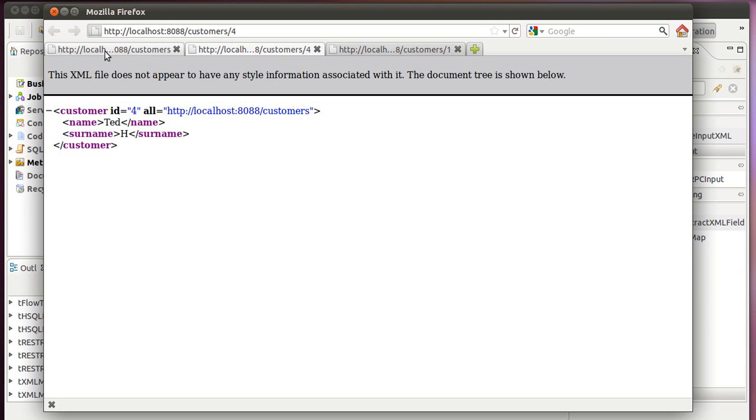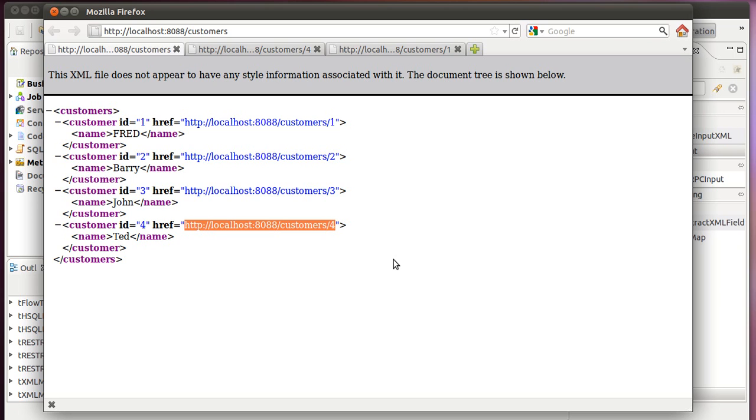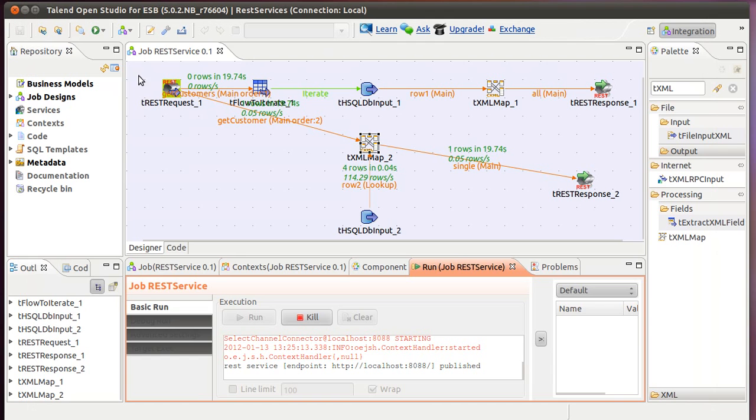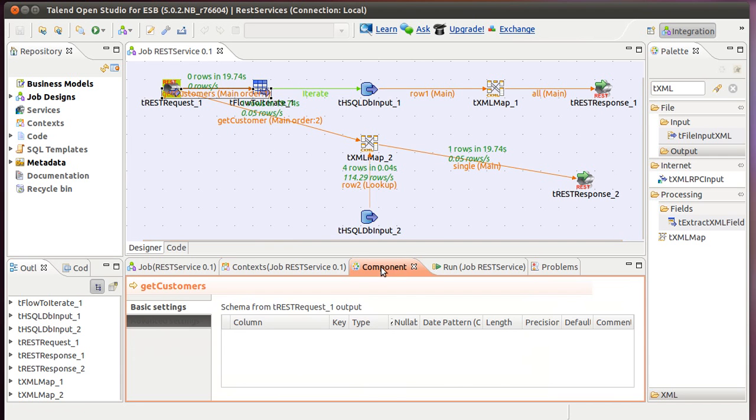So finally, what we're going to do is to introduce basic paging support for our service. As you can imagine, a single table can contain thousands and hundreds of records, and it may make sense to let users retrieve records in pages. And for the purpose of this presentation, we will just introduce basic query parameters called from and to, and we'll be using them to limit the number of records returned. So let's get back to our job. Now we're going to modify the TRS request mapping, and this one